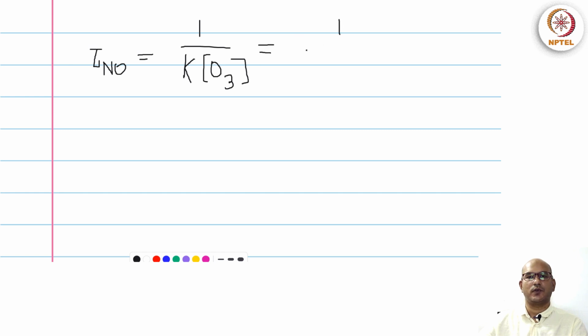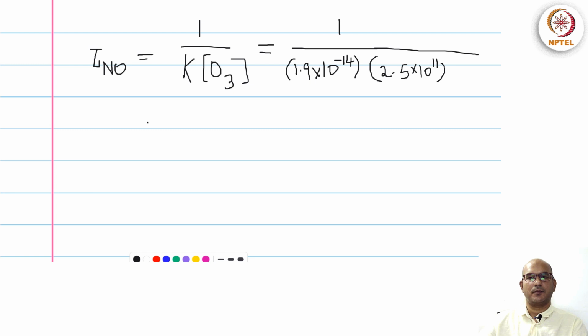This is equal to 1 by K, which is 1.9 into 10 to the power minus 14, and ozone concentration is 2.5 into 10 to the power 11. This can be simplified as 1 divided by